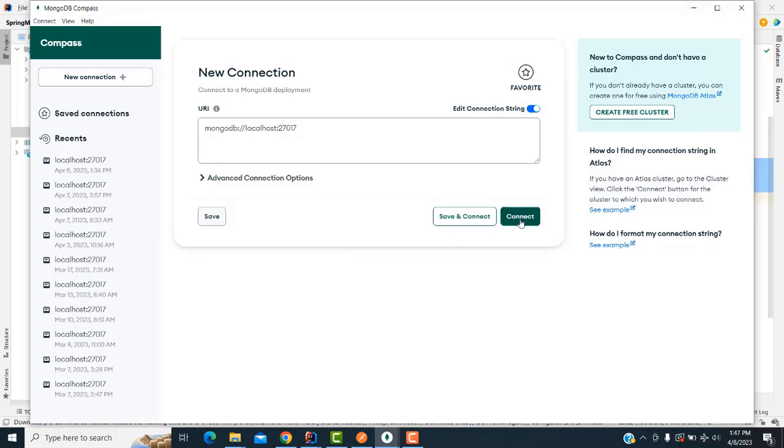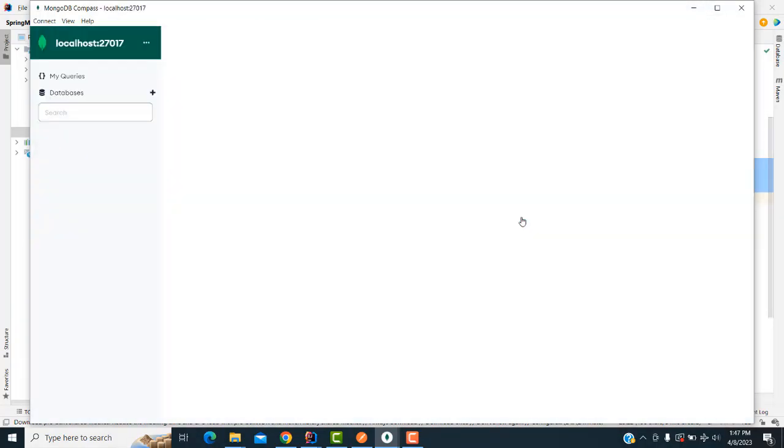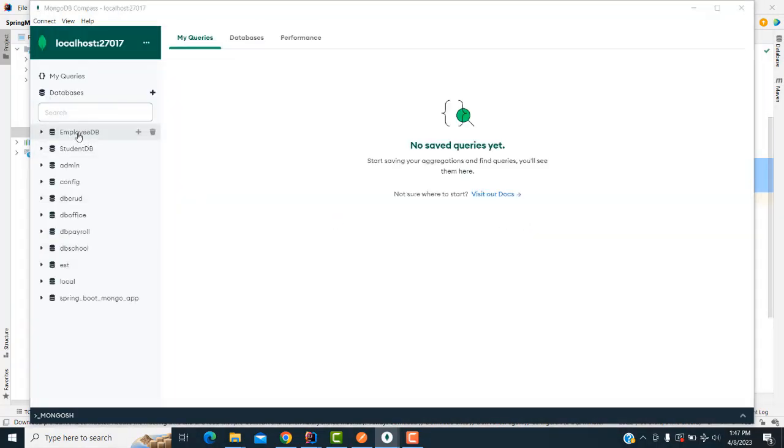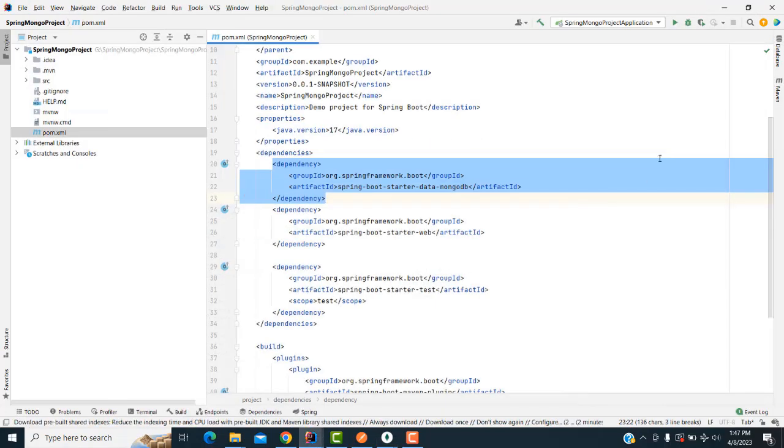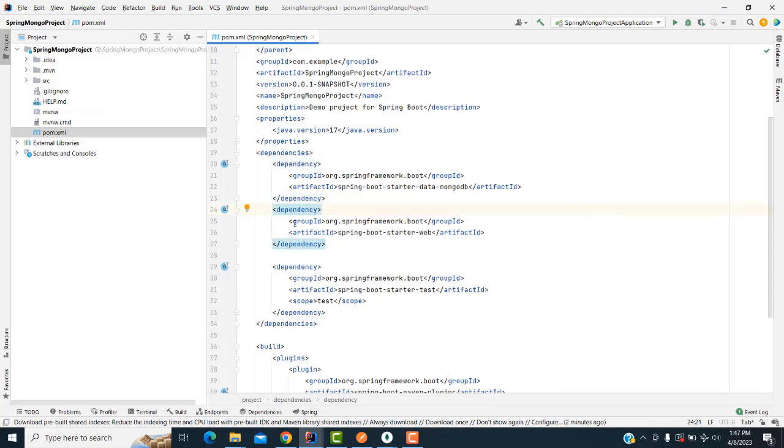Perfect. Right now I just connect this one. Here these are the databases we have created so far. Now I'm going to create a new database. So the first step, I'm going to go to